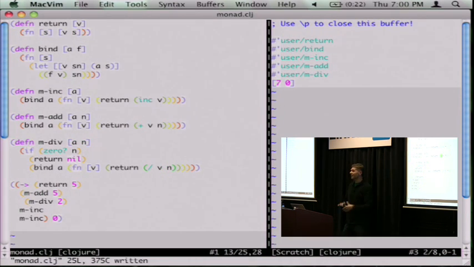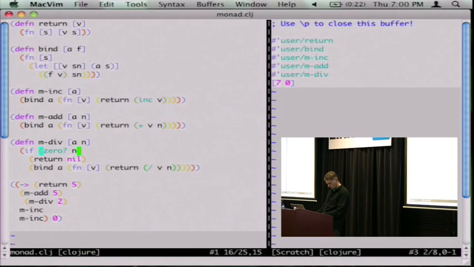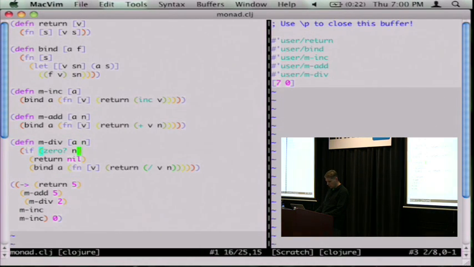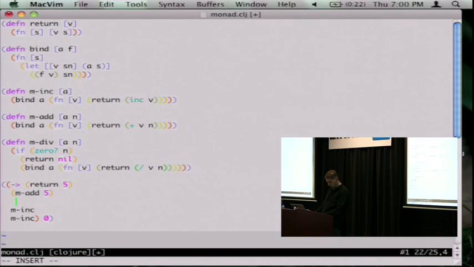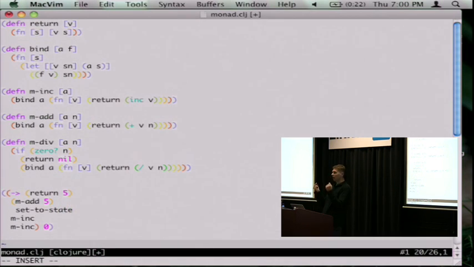Okay, so now we have the state. How can we actually use the state? So how can we write something into the state and get it back? Every action that we perform now has to take a state as an input and return our array. So we can add an additional function. Let's replace it with add to or set to state. That actually writes the value of the computation at this point into the state. How can we do it? So first,